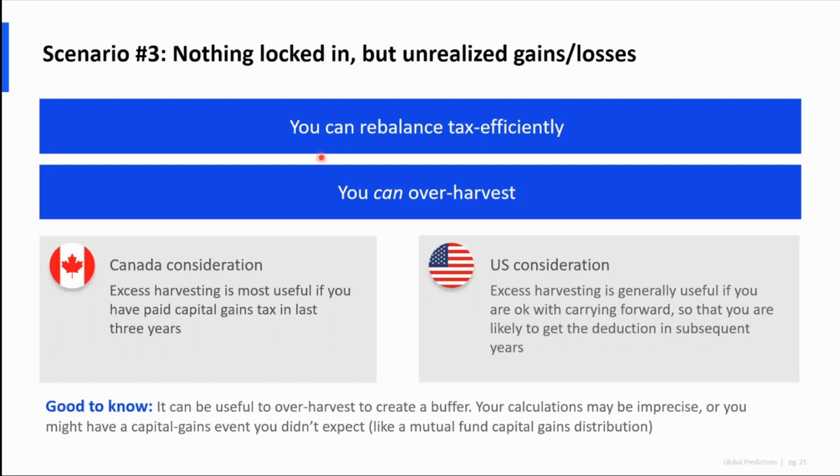And you can over-harvest a little bit if you so choose, maybe because you're in Canada and you've actually paid capital gains in the last couple of years, or because you're in the US and you want to max out that $3,000 deduction. The last thing I'll say, personally speaking, I think it makes sense to over-harvest a little bit because there are situations where you might not get everything precisely right. There's even sort of weedier things that can happen, like you can be holding a mutual fund that gives you a capital gains distribution right at the end of the year that you didn't know about. And it would have been nice to have a little bit of losses that you're just carrying forward, assuming that you can get them through harvesting. You don't have to radically change what you're doing in order to offset those.